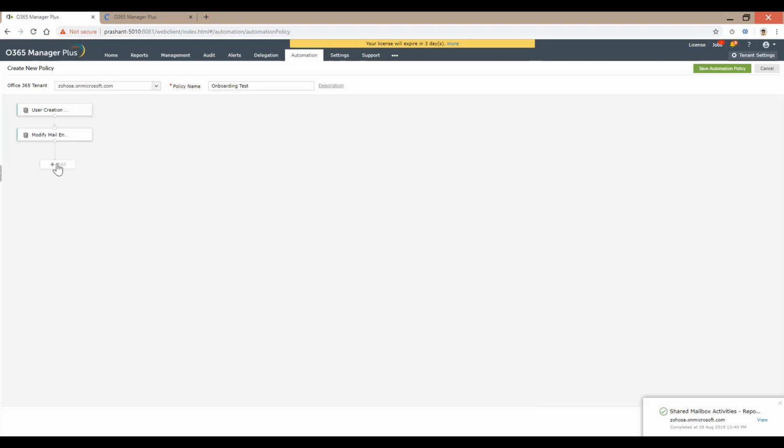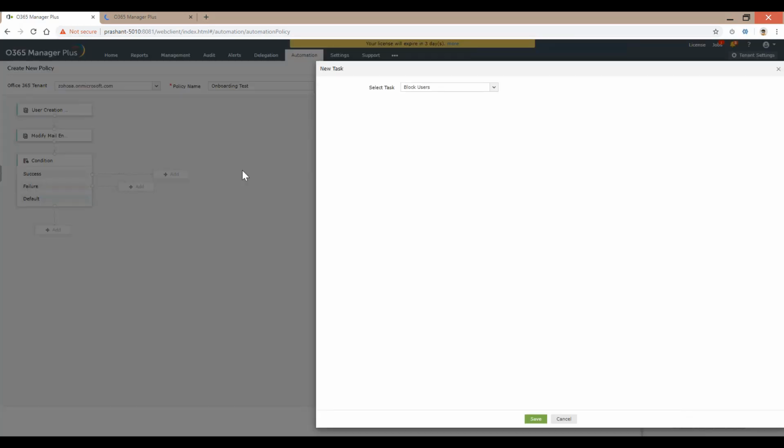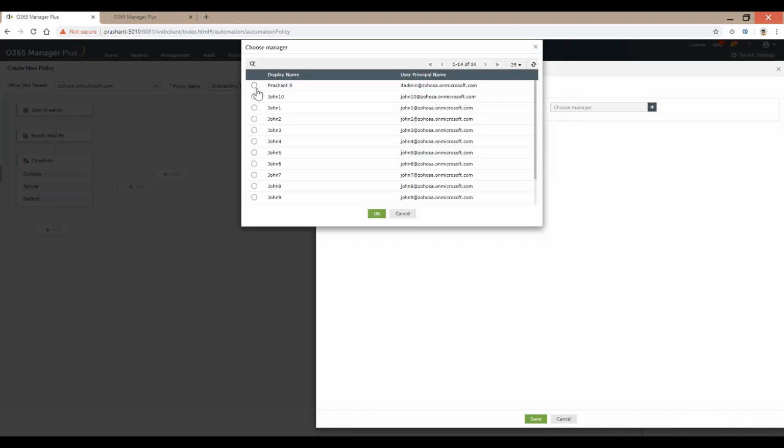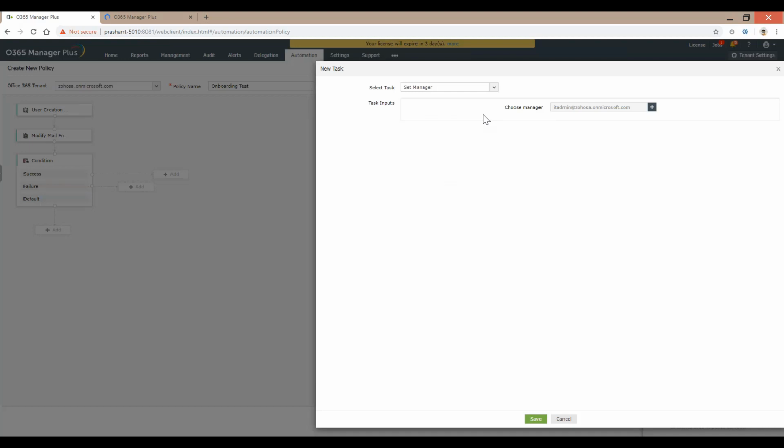So we have a series of tasks happening one after the other, and then let's say if all of this works out well and fine, I'm going to say condition as success. The task that needs to be performed is the assignment of manager. Right when the user is put into the group, right when the user gets the respective license that needs to be assigned, the next one that I want to do is look up for the manager who needs to be assigned to this specific user. So very simple, straightforward. I'm just walking you through one possibility. There are hundreds of possibilities. You could choose to customize from the list of available actions, whichever order works best for you, and based on whichever attribute you select, you're going to get a dynamic list of actions to perform.